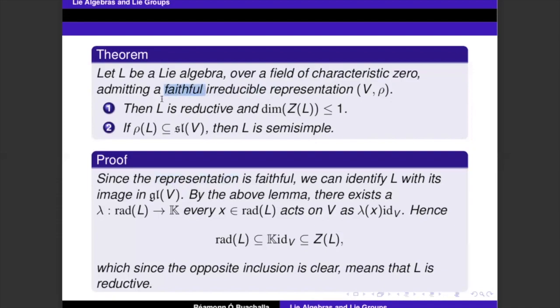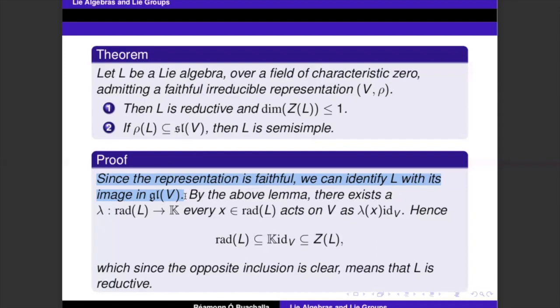So let's use the faithfulness. What does faithfulness allow us to do? Why do we assume it? Because if you assume something in a theorem, the reason you assume it is because it gives you tools, because it allows you to actually do something. And what do we use faithful for? Well, we use it here in this first line. Since the representation is faithful, what's the definition of faithful? The definition is that rho is an injective map. It's a map that has no kernel. That allows us to identify L with its image inside GL of V,